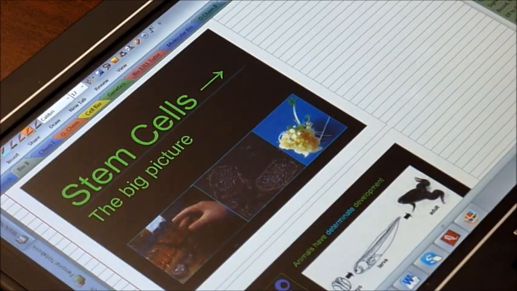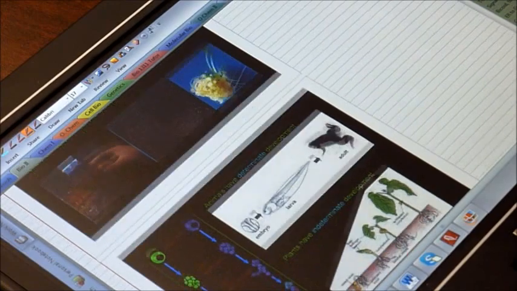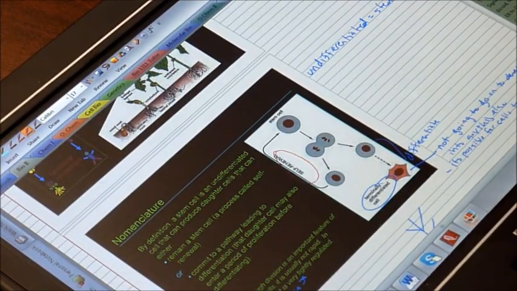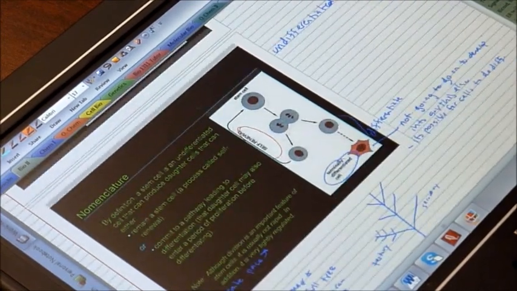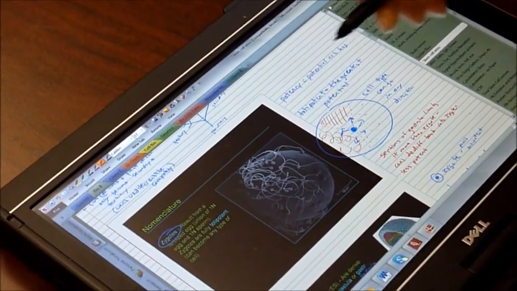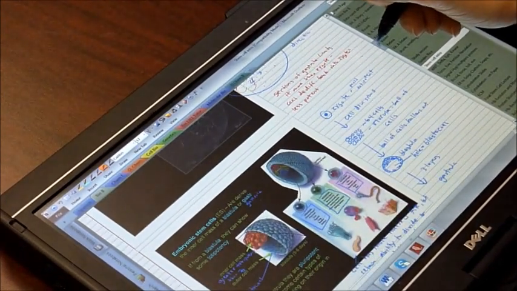So the advantages that I have over a keyboard just typing on, say, PowerPoint, is that I can interact with my slides when I'm taking notes. And by interacting with the slides and writing, I remember my notes better. It's like I'm studying while I'm in class. Additionally, I use it for so many classes, and I can do things like draw that I could not do if I was using just typing.